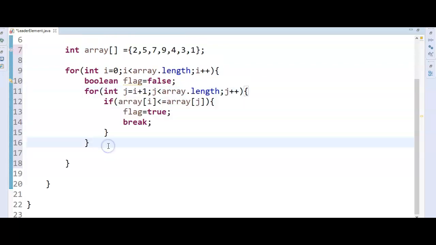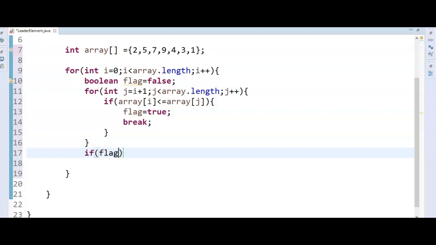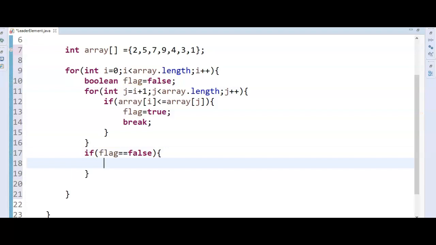Finally, if flag equal to false, then we need to print the element: System.out.println, flag value equal to plus array of i.